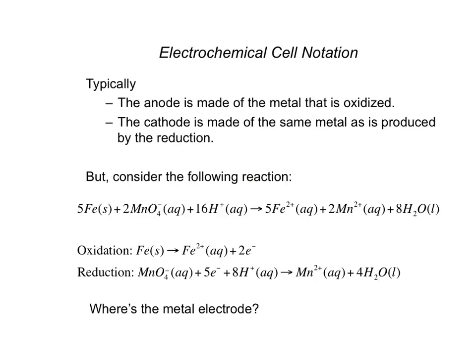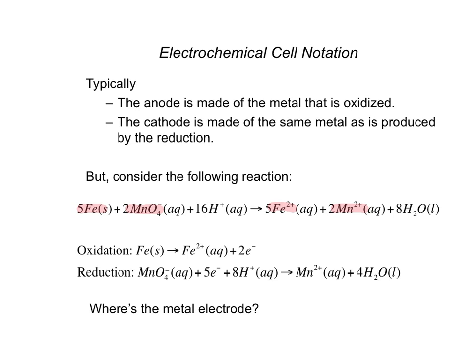Moving on. Now, typically, with respect to redox reactions, the anode, the electrode at which oxidation occurs, tends to be the metal that is actually oxidized, right? Whereas the cathode, which is the electrode at which reduction occurs, tends to be the metal that is actually reduced. Sometimes, though, that's not the case. We can see redox reactions and electrochemical cells that use reactions that don't actually include a metal at all, right? So for example, if we used this redox reaction where we have iron being oxidized to iron 2+, and then manganese, this is manganese in the +7 oxidation state going to manganese 2+,